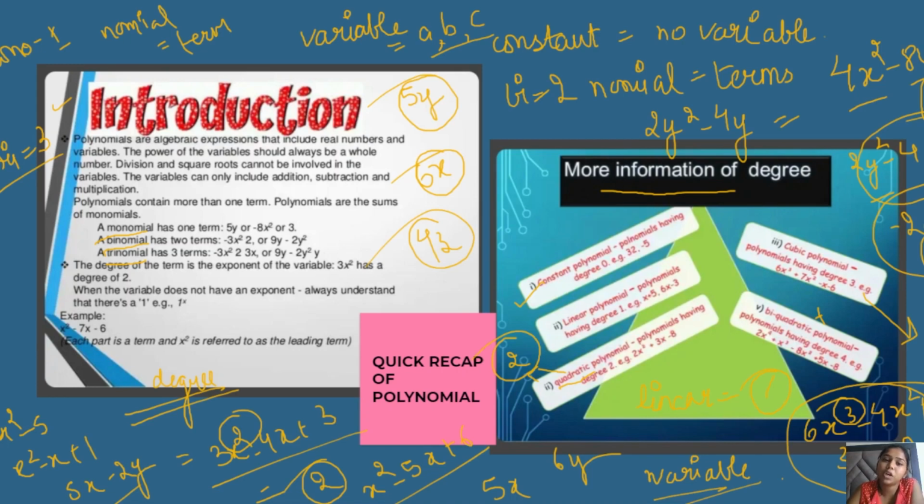So basically, what are polynomials? They consist of more than one term. In the case of polynomial, it can be a monomial, binomial, or trinomial. Monomial means one term only, binomial means two terms, and trinomial means three terms. Okay, and we have also studied what constants and variables are. Variables can be any alphabet, that can be a, b, c, x, y, z, m, n, o, any variable. And constants are those numbers which have no variable attached.